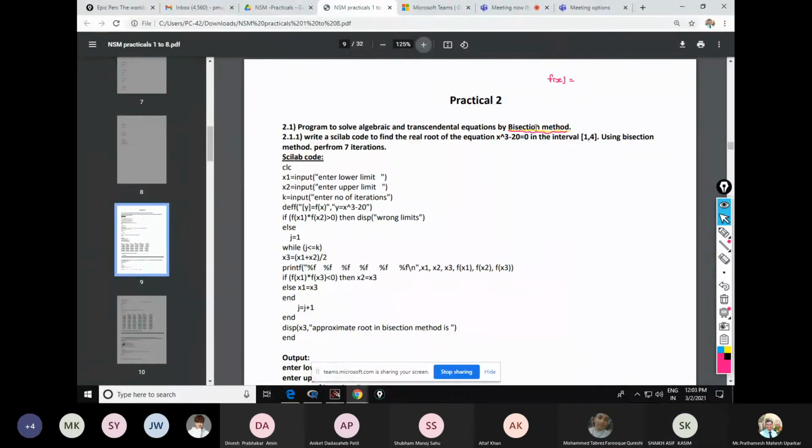Yes. Okay, so we will start with practical 2. As I have told you, practical 2 is based on unit 2 and we are still in unit 1. So I will explain in short what the bisection method is. We will solve the normal formulas based on the bisection method later, but we will first solve how to perform this practical in Scilab. So whatever we are going to do in the actual theory class, we will do over here. So can you tell me what it means when I say f(x) is continuous?